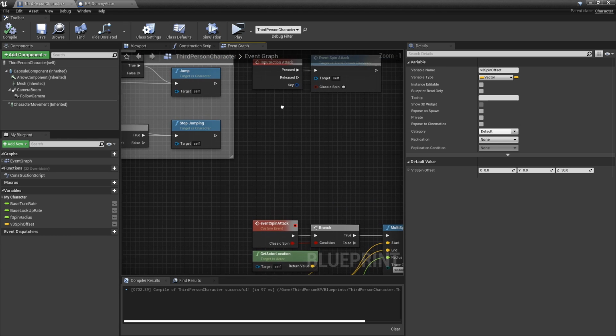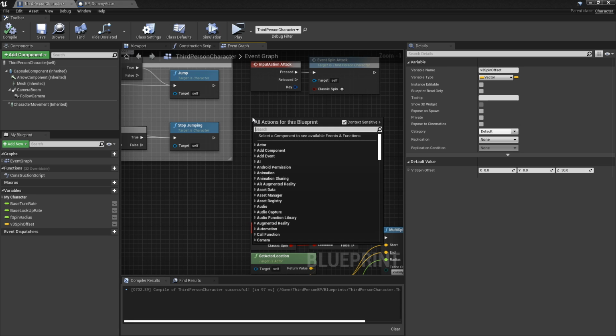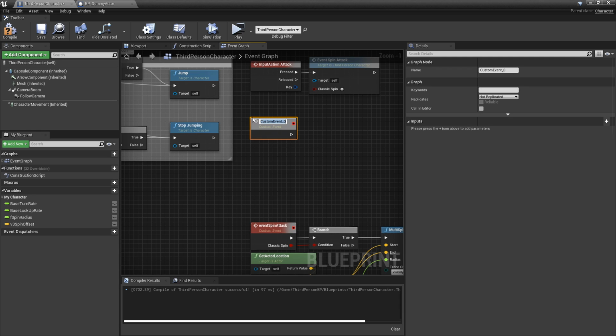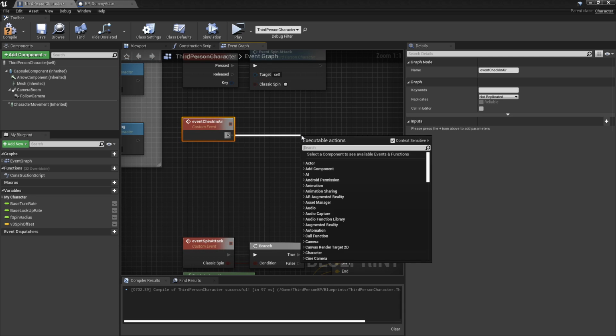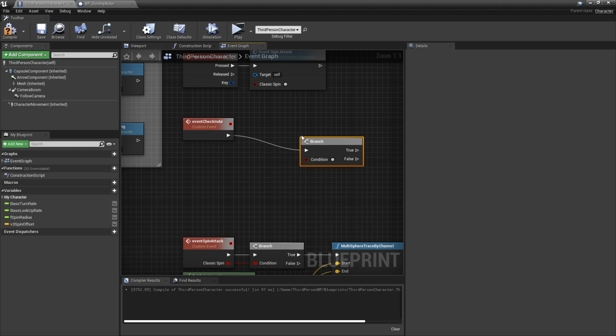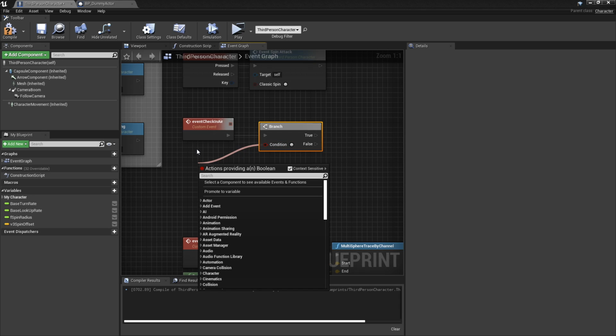Anyway, back to this. Now we're going to do a check if he's in air, or if he's falling. So we're going to make another custom event, and we're going to call it event. What's a good name for this? I guess check if in air. So from this, we're going to do a quick check to see if he is in air, and if he is in air,